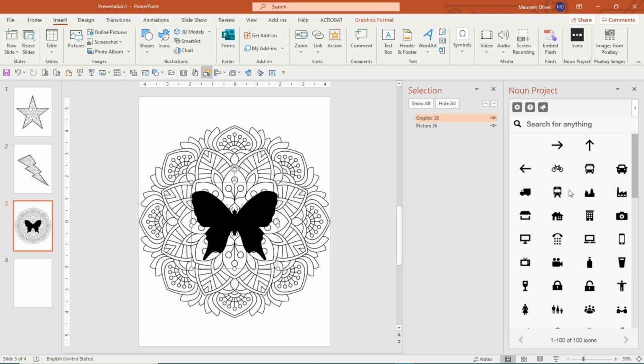It's not compatible. They're working on it because PowerPoint just got the ability to use SVG files. So they're working on a way that you'll be able to actually pull them in from here. Otherwise, you just have to go download them. And since this one